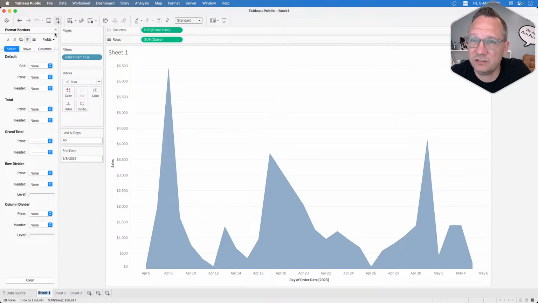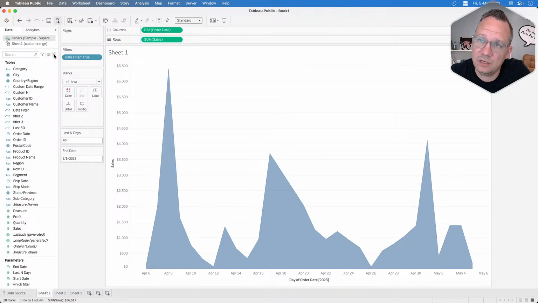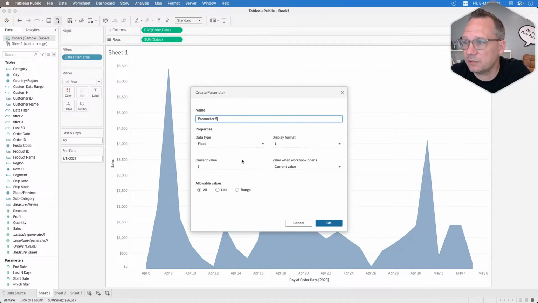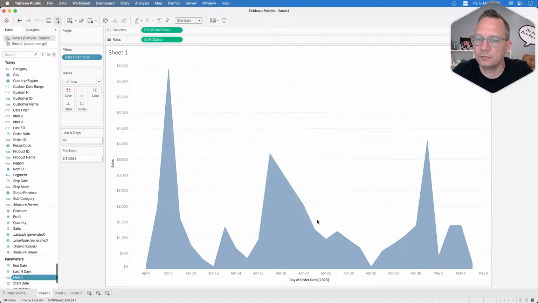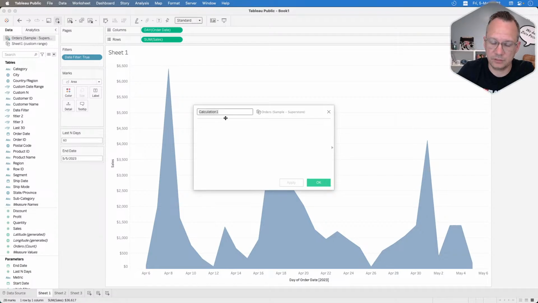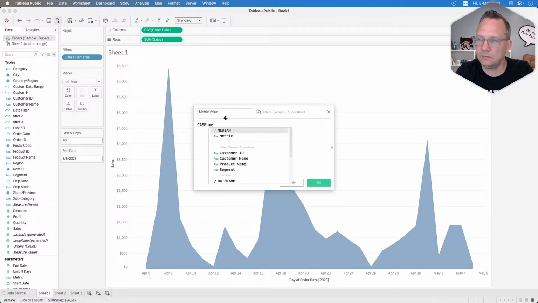So then what we need to do is create a parameter. It's just going to be a string value. And the current is going to be sales. This is going to be the metric. And we'll create another calculation to do the metric value. Going to be a case again. Case of metric parameter